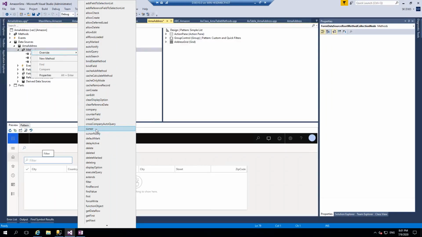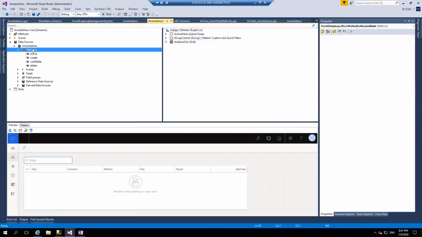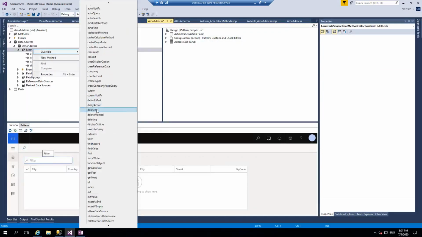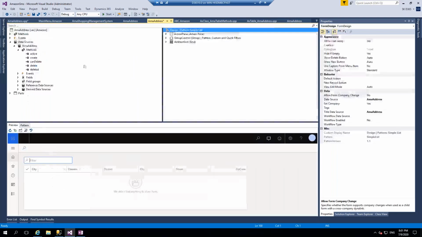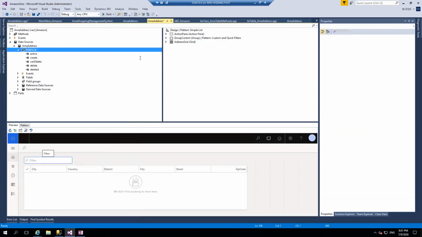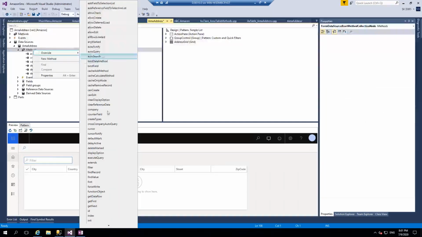You know what cursor is? It is used to get the current record from the data source. From the form data source, to get the current record, we will use cursor. Okay. And then next, delete, deleted, deleting. These are the events: on delete, on deleted, on deleting events. Okay. And then